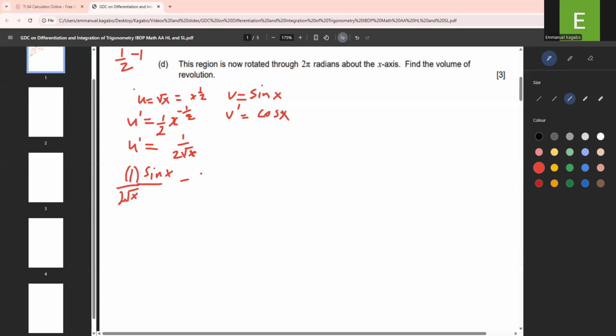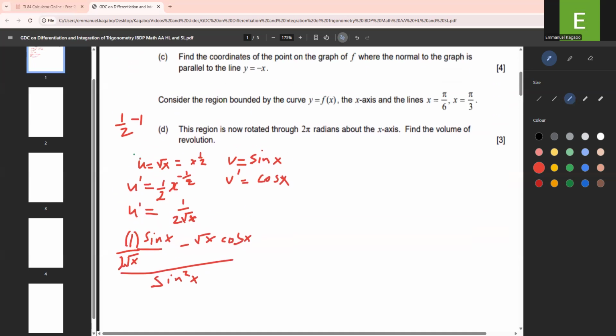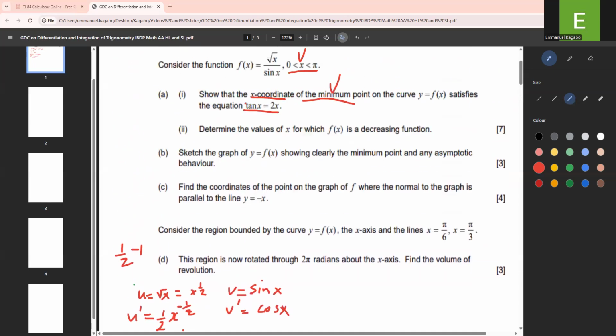Good. Minus v derivative u. So u is square root of x, so it's square root of x cos x, right? Because that's my v derivative. All of this should be equal to sine squared x, okay? Good. Now, remember the question they have told me, they're asking me, show that